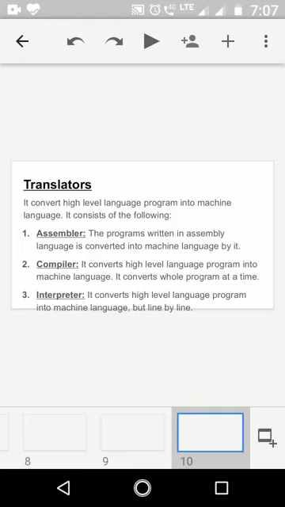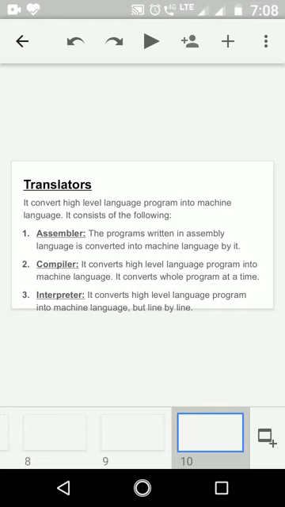Next comes compiler. It is more complex software than assembler. It converts high level language into machine language, and it is specific for the high level language. A compiler converts the whole program at the same time. It is not going to convert it part by part. The whole program is converted at the same time, and whatever errors are there in the program are mentioned at the last after the compilation is over, and that too with the proper line number in which line the error has occurred.